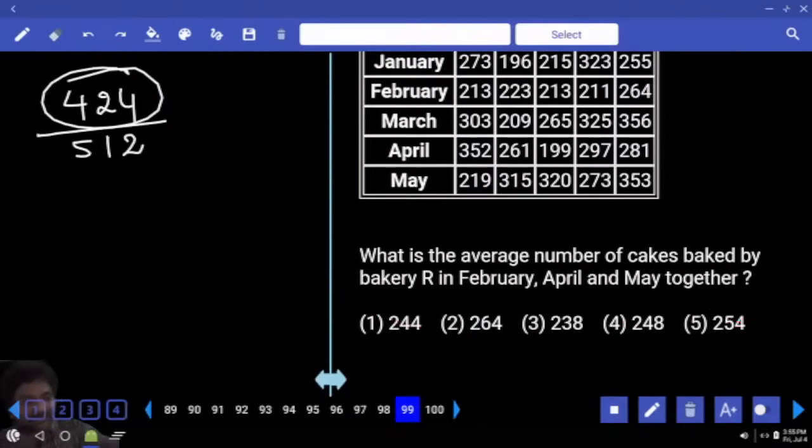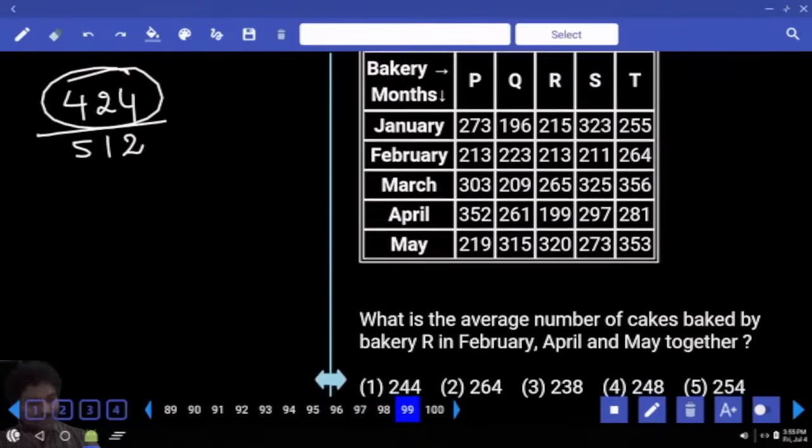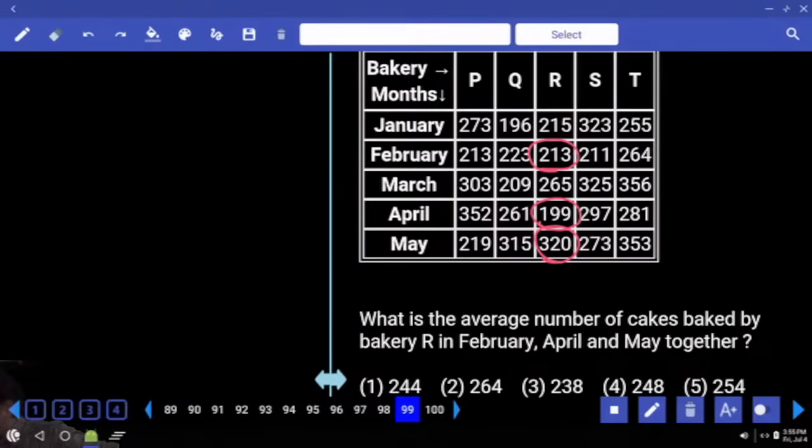What is the average number of cakes baked by R in Feb, March, May? R in February, April, and then May, right? Last digit verification cannot be done because 3 options ending with 4, 2 options ending with 8. Right, so